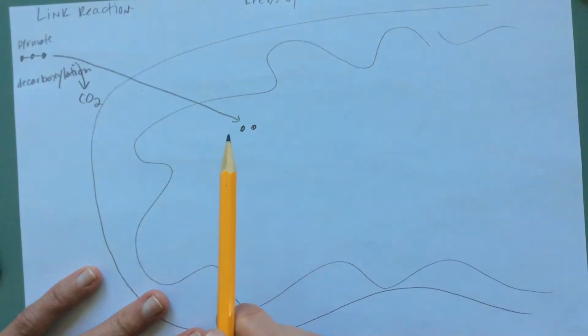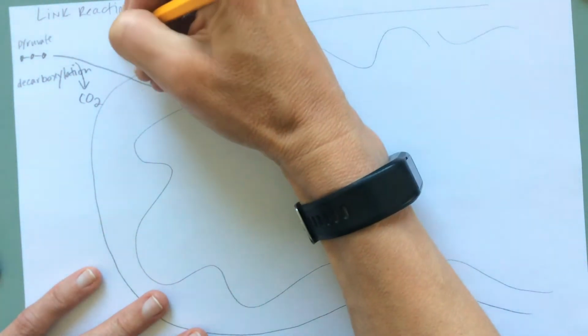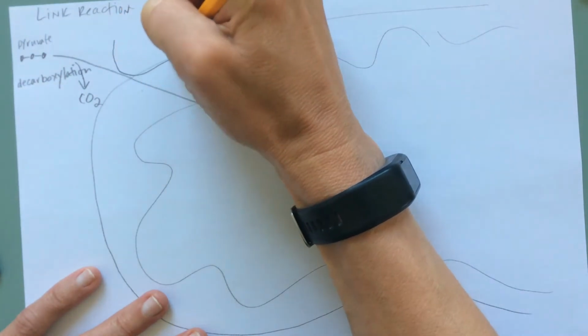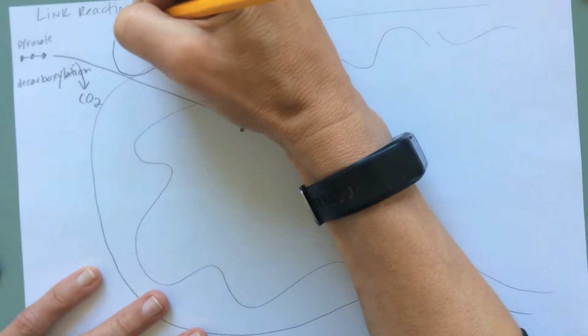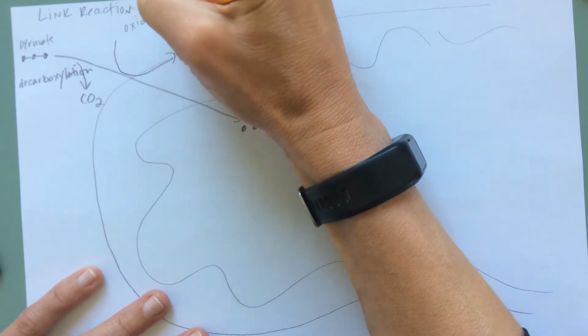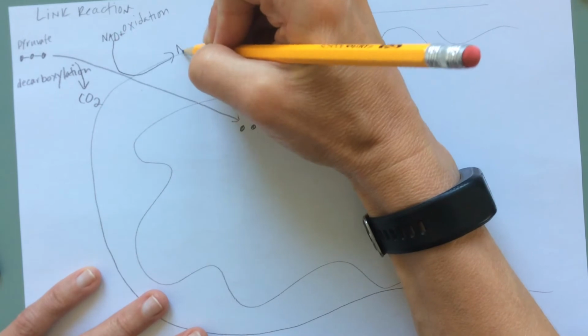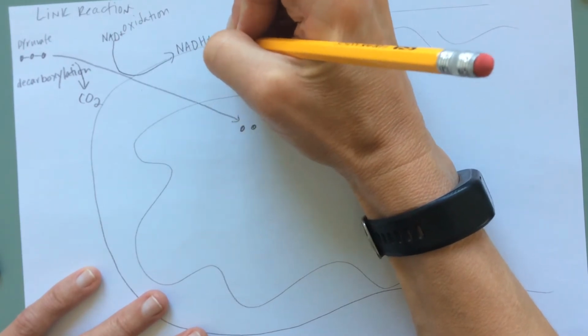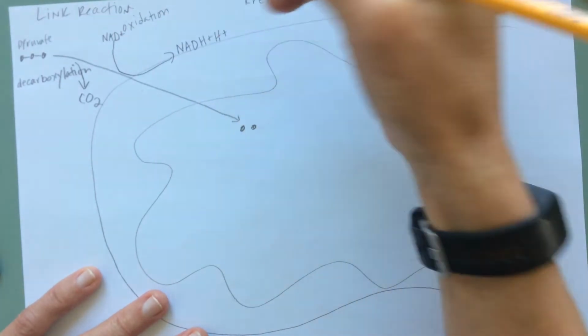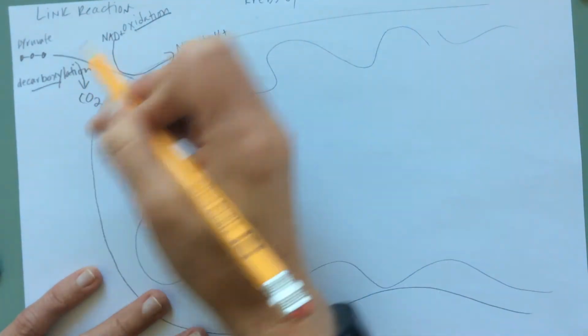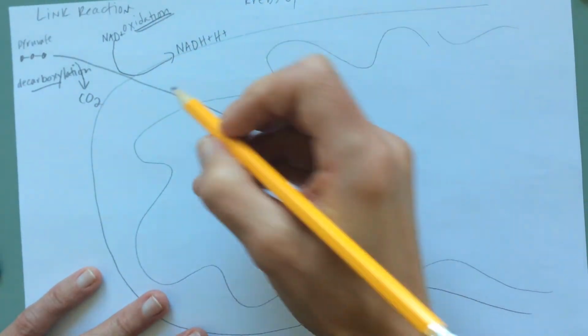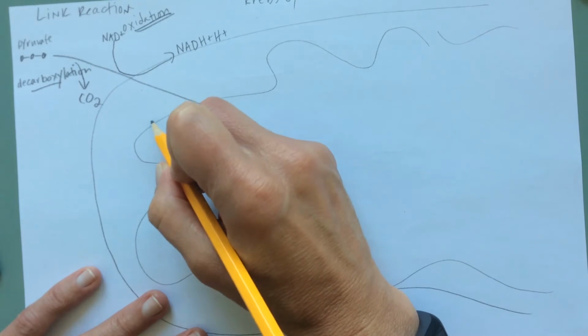Okay. The other thing that's going to happen is it's going to be oxidized, right? So we're going to have oxidation. So that means we're going to have the NAD plus turn into NADH plus H plus. Okay, so we've got decarboxylation, oxidation,